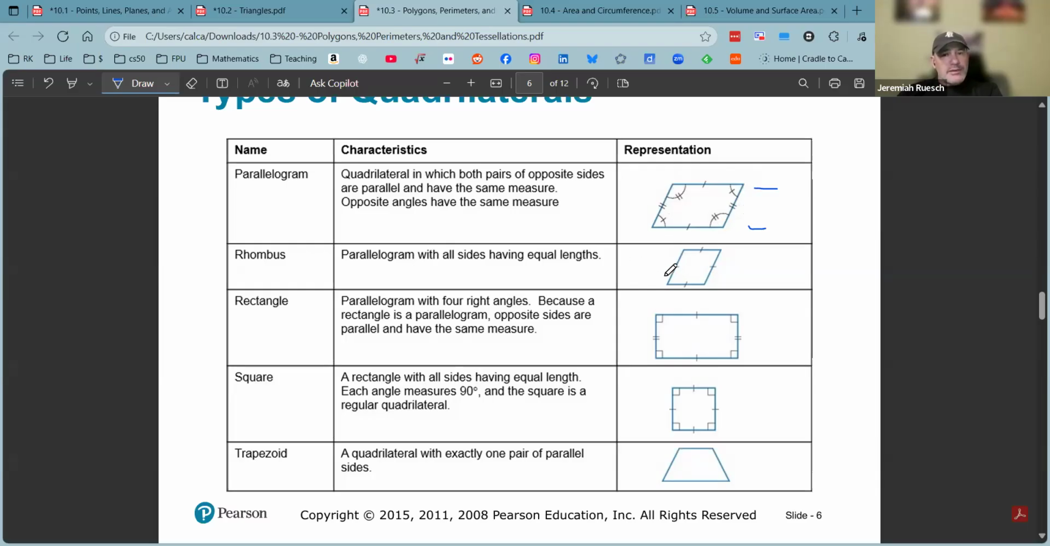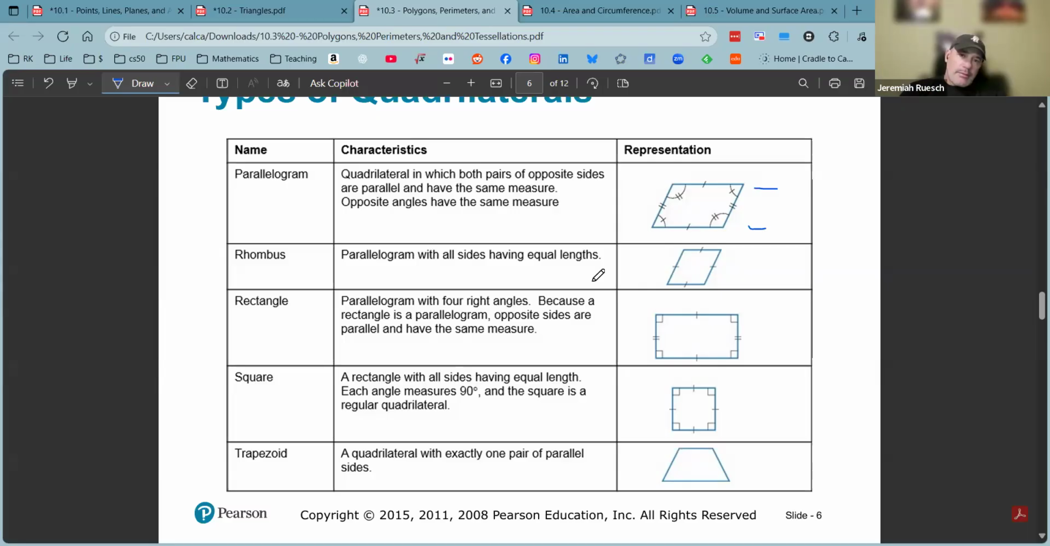A rhombus is very similar to a square, but the difference is that it doesn't have all right angles. So a rhombus is a generalization of a square in this regard. A square that's been moved over, that's a rhombus. And a rhombus that has right angles is a square. So a square is both a rhombus and